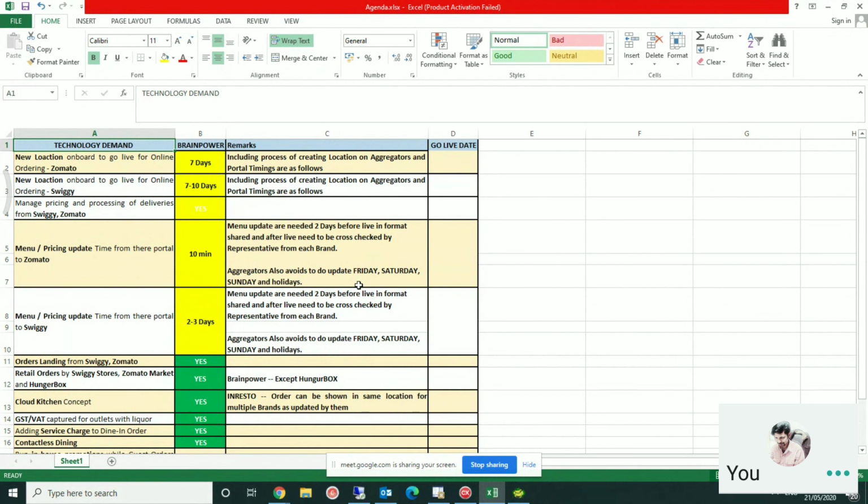Later on, as you said, phase two will contain product video display on the contactless menu, which you will check later on. You have to come back to me on delivering orders to be integrated with Dunzo, Shadowfax, Roadrunner, and other partners who deliver the orders for food-making people like us, and they will deliver for us.